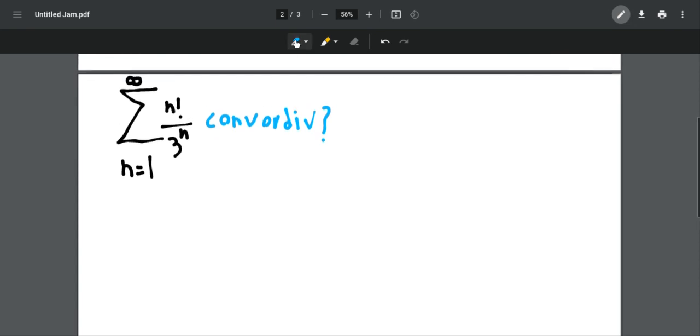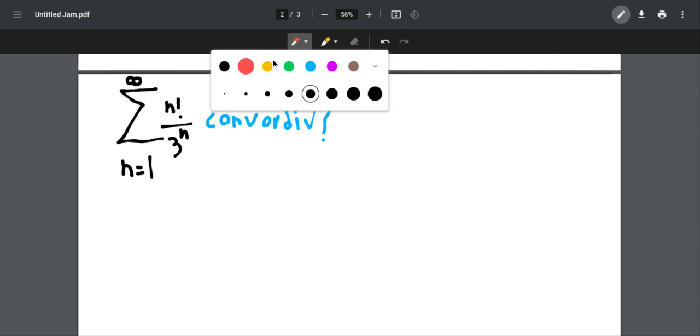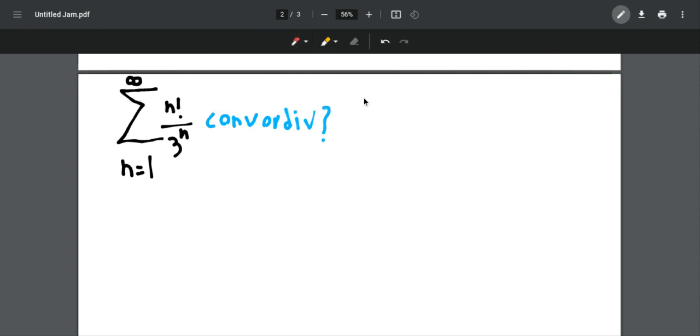So first of all, I'm going to evaluate the absolute value. Let's call this expression n factorial over 3 to the n a sub n, like a sequence. So in the absolute value, I should evaluate the product of a sub n plus 1 multiplied by the reciprocal of a sub n. So first of all, a sub n plus 1 is just n plus 1 factorial